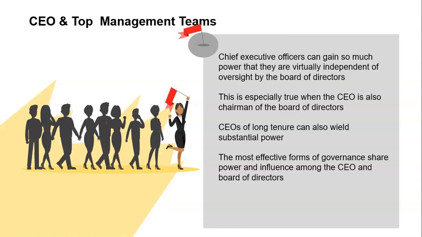We looked at that in the last unit, when we looked at the agency relationship. So this is saying that yes, the top management team is essential, but we have to be wary of the fact that the CEO can become so powerful that they feel they don't need to take anybody else into consideration when making decisions, and therefore the board of directors is important.